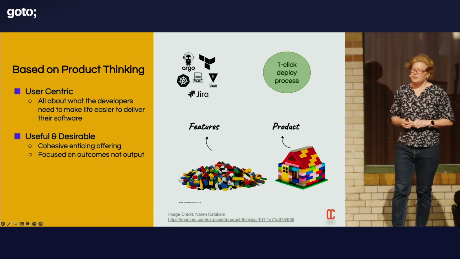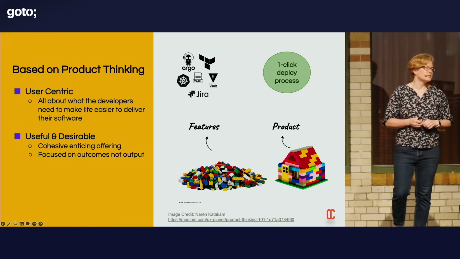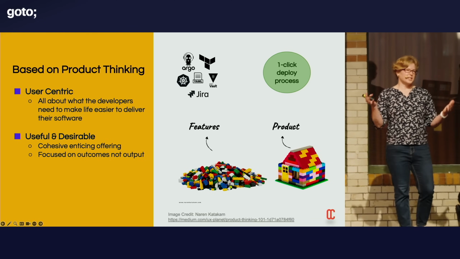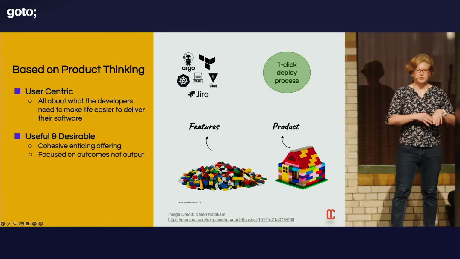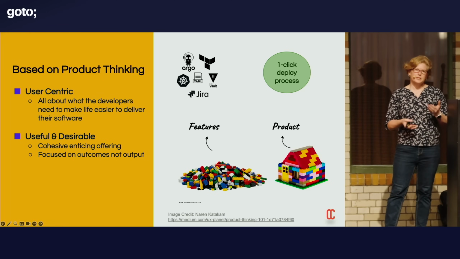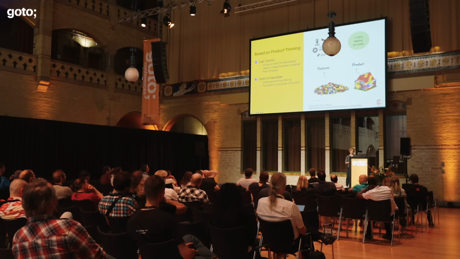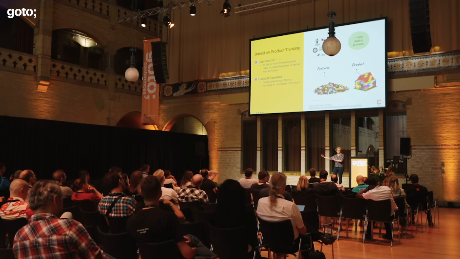Secondly, I would say that all products need to have the properties that make them useful and desirable. This means we don't want a product that's just a ragtag collection of different features, but something cohesive that gives an end result to your users. Product thinking helps us employ techniques, approaches and tools to do this correctly. The research shows that users are generally not interested in individual features when they're trying to do something. They're interested in the ultimate end outcome.